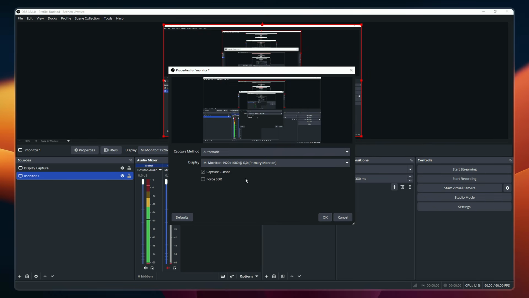Once the Properties window opens, scan through the available options until you find one labeled Capture Cursor. This setting specifically controls whether or not your mouse pointer appears in the capture. You'll notice there's a checkbox beside this option. If the box is currently checked, that means your cursor is being captured and will appear in your recordings or streams. To disable the cursor and prevent it from showing up in your capture, simply uncheck this box by clicking